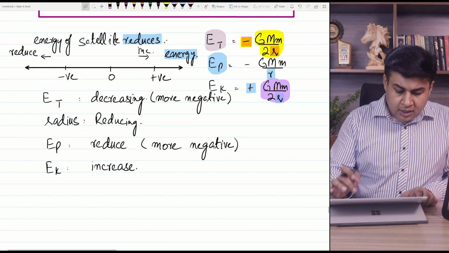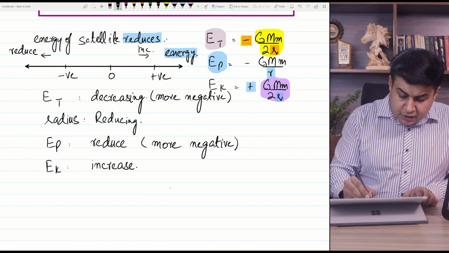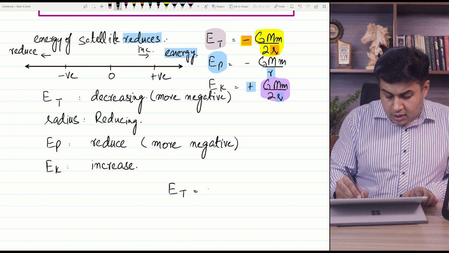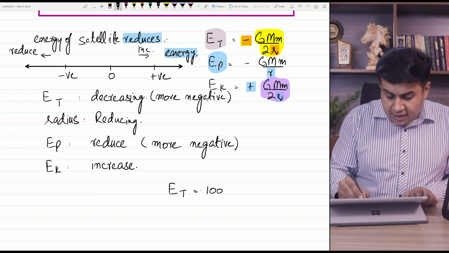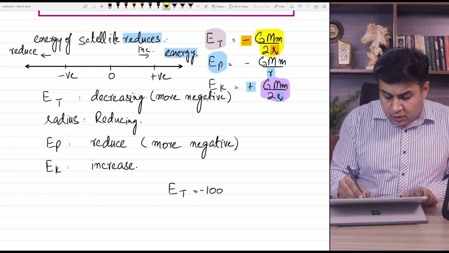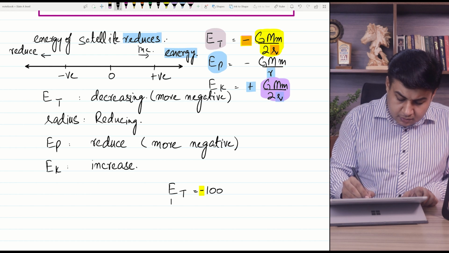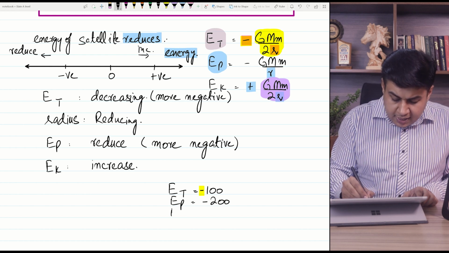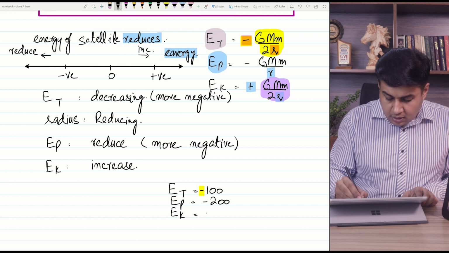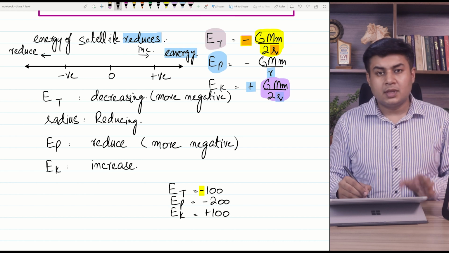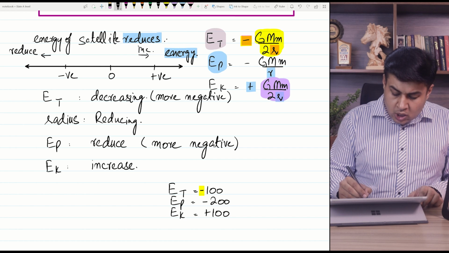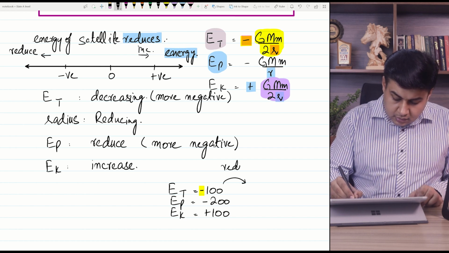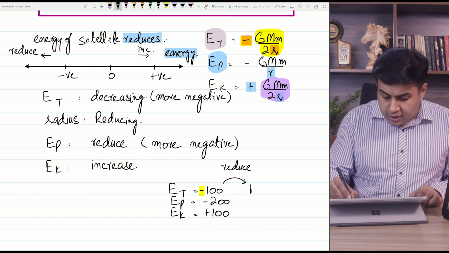फॉर एग्जांपल, इफ अ सैटेलाइट हैज टोटल एनर्जी ऑफ लेट्स से 100 यूनिट्स, ठीक है, विद अ नेगेटिव साइन बिकॉज टोटल एनर्जी हैज नेगेटिव साइन विद इट, इट्स पोटेंशियल एनर्जी विल बी minus 200 and its kinetic energy will be plus 100, right? This is the ratio which always maintains. So if the total energy is reducing and let's say it is becoming minus 200,